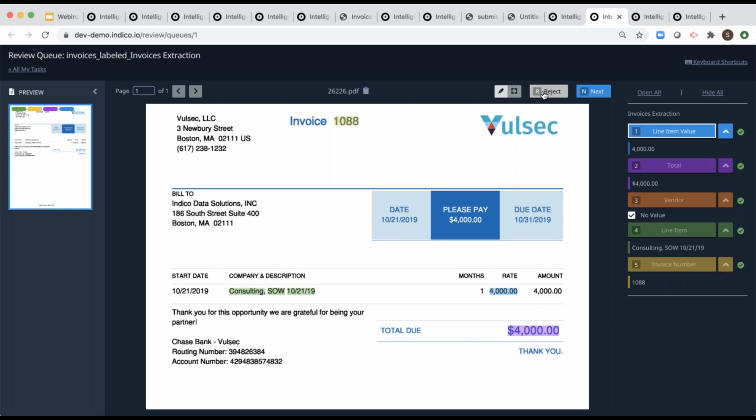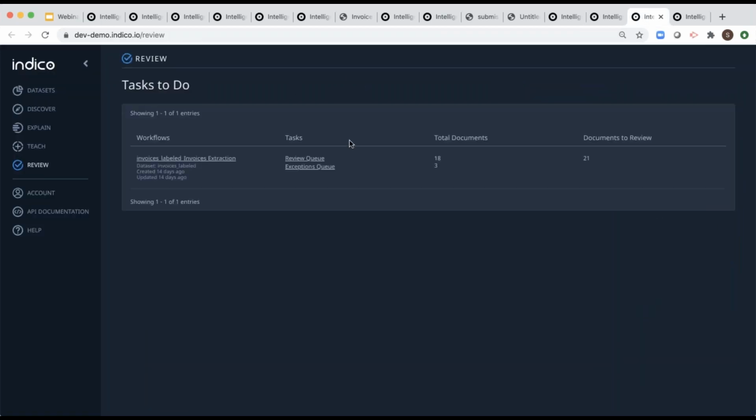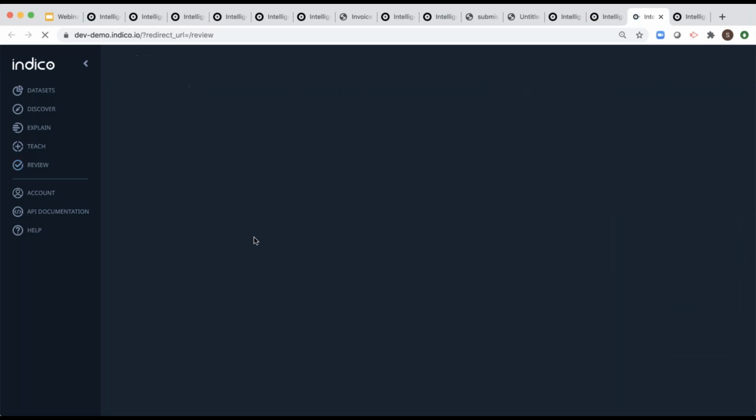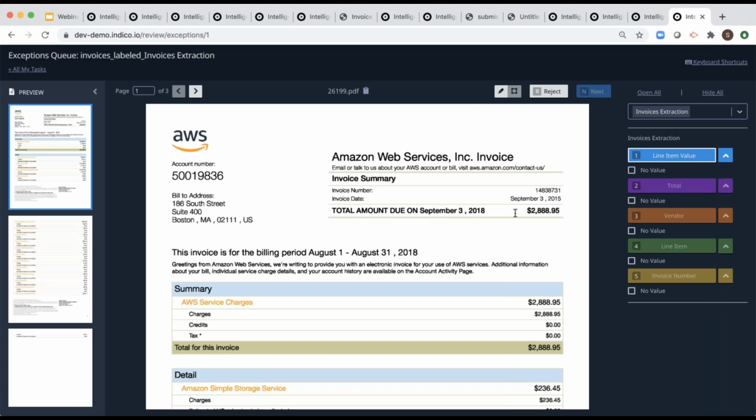And so I'm just going to push the reject button to show you how our exceptions queue works. I'm going to reject it. I'm going to come in here. Right now, I only have 3 documents in my exceptions queue. And then as I reload this, you'll see that the number has gone up to 4. And so when I launch into my exceptions queue, I'll see